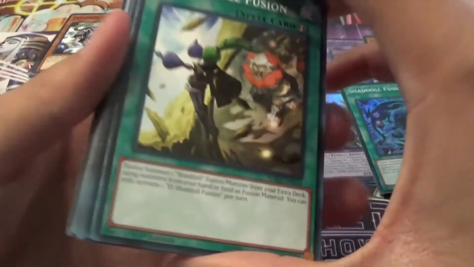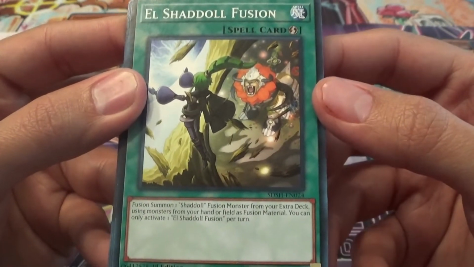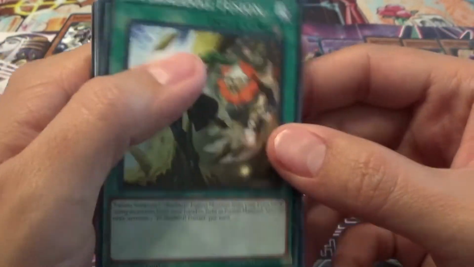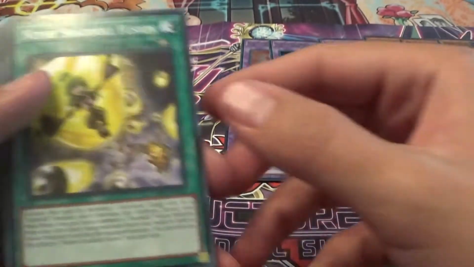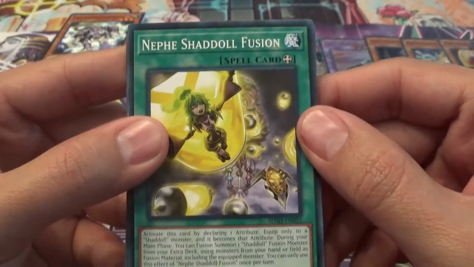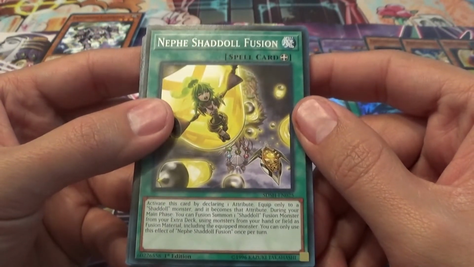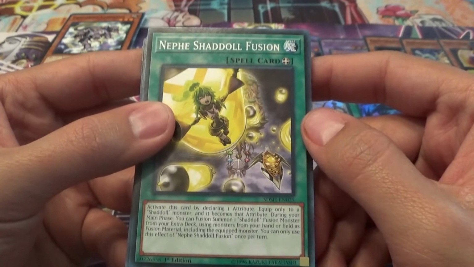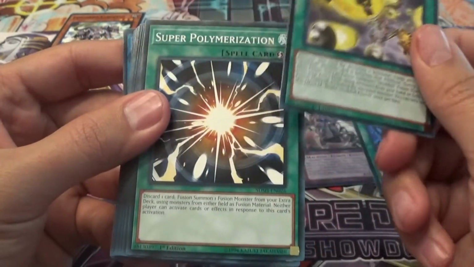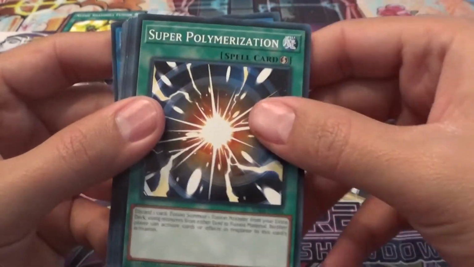And then, of course, the El Shaddoll Fusion. Fusion summon 1 Shaddoll monster from the extra deck using monsters you control. But it is a quick play, so that's really nice for pushing for game. And then one of the least used of the Shaddoll Fusion cards, the Neff Shaddoll Fusion. Equip it to a Shaddoll monster, declaring one attribute, that monster becomes that attribute, and then you can fusion summon with it. So I mean, it's kind of nice, but it's not used as much. I don't know if it'll actually see any play now that the structure deck has been released, but